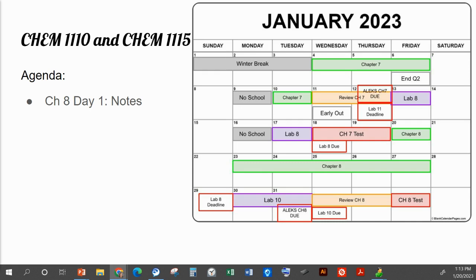Chapter 9 is acids and bases. Chapter 10 is the easiest chapter. It has the least amount of topics, and it's really just like memorizing some facts. It's nuclear chemistry. And then the last 3 chapters are relatively easy, as long as you put a little bit of time in. They are organic chemistry. So we're going to talk about naming organic chemicals, and then looking at a few different variations of those.